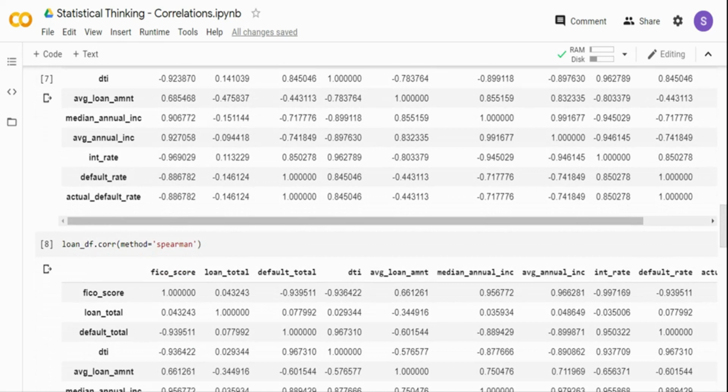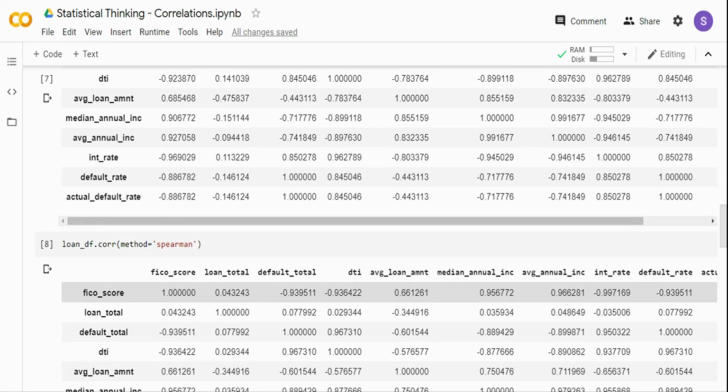Now, Spearman rank correlation is a non-parametric test that is used to measure the degree of association between two variables. What the Spearman correlation does is evaluate the monotonic relationship between continuous or ordinal variables. So if you have a value which has order to it, then you can use Spearman correlation pretty well. And in this case, maybe FICO score is an ordered variable, right?